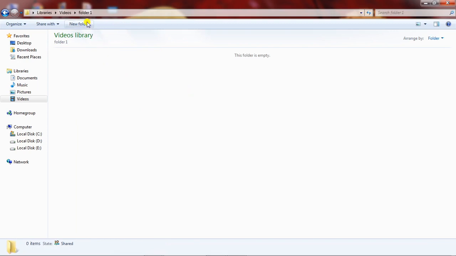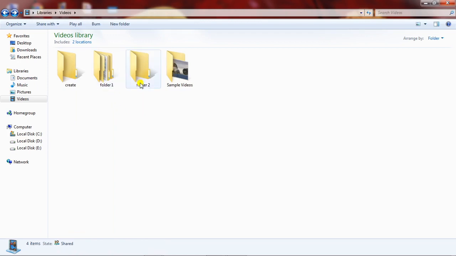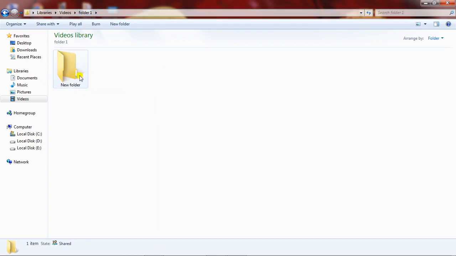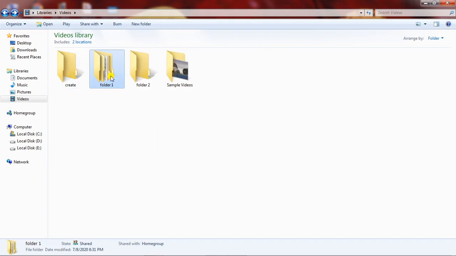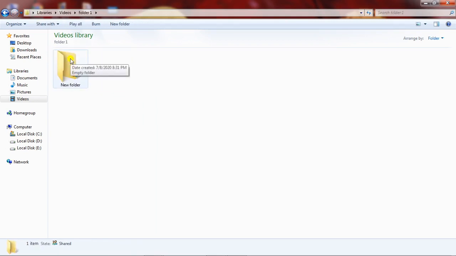So again, if I want to create a folder, let's say New Folder. As you can see, the icon was empty, but now it has another folder, so the icon has changed. By this we can understand whether a folder is empty or has something. So I have created another folder inside folder 1, as you can see in the name over here. This particular folder will be termed a subfolder. A folder inside a folder is called a subfolder.